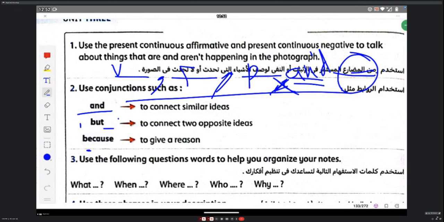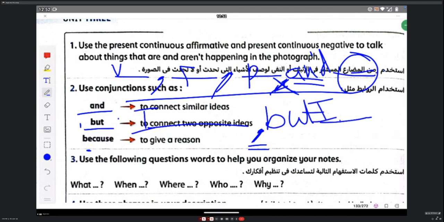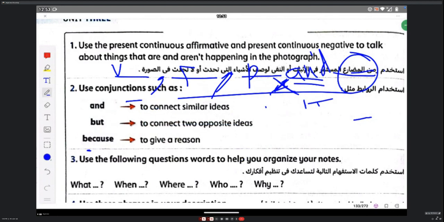But it's important to put a comma before but. Always use a comma. It's optional sometimes, optional when the subject is the same. If the subject is the same, for example I, it's optional, you can omit the comma. If the subject is different, it's not optional, you must use a comma before but. The tense or verb is the same as with and, but sometimes the tense is different.